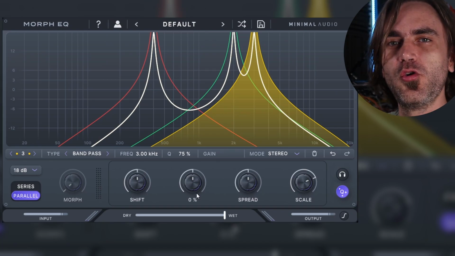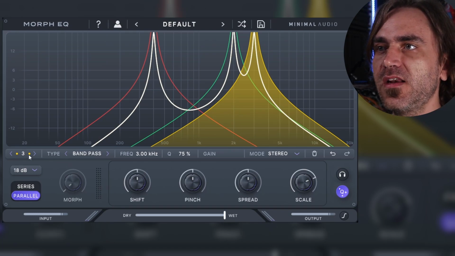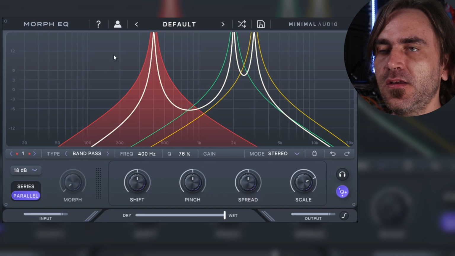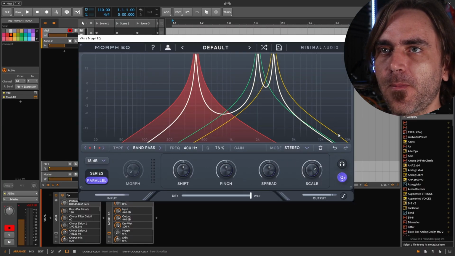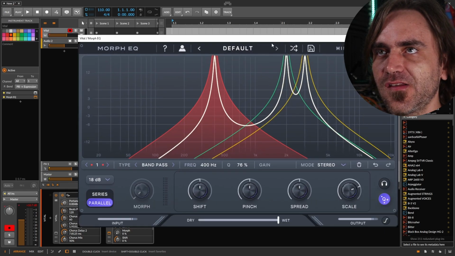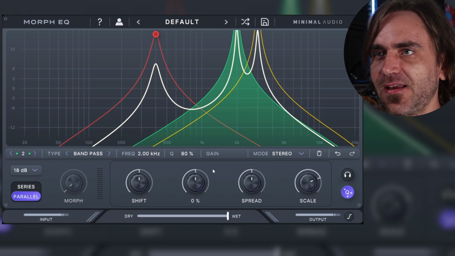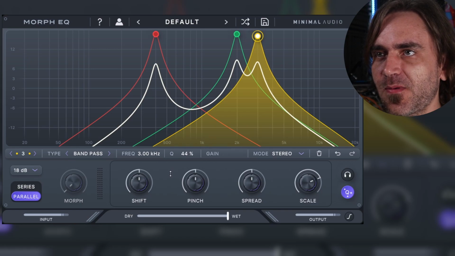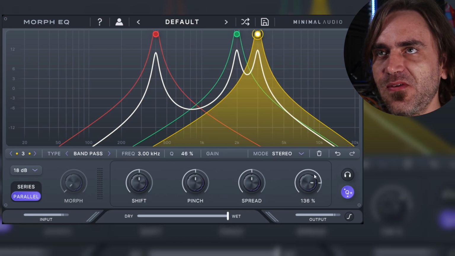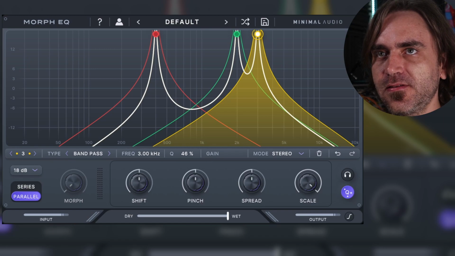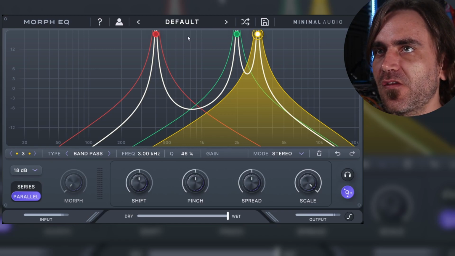And then for an "ooh" kind of vowel sound, we want the first band to sweep down. I wonder if there's a way to zoom, because now I can't actually see. What we should do is go like this, 46% on each one, and we can just scale it up. Yeah, that's probably the way to do it. Minimal people, if you're watching this, it would be cool to have an auto scaling so that you're always able